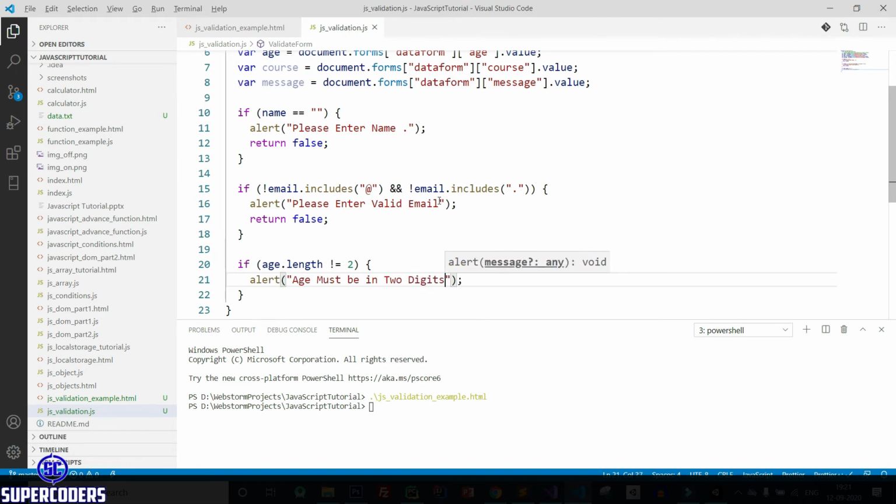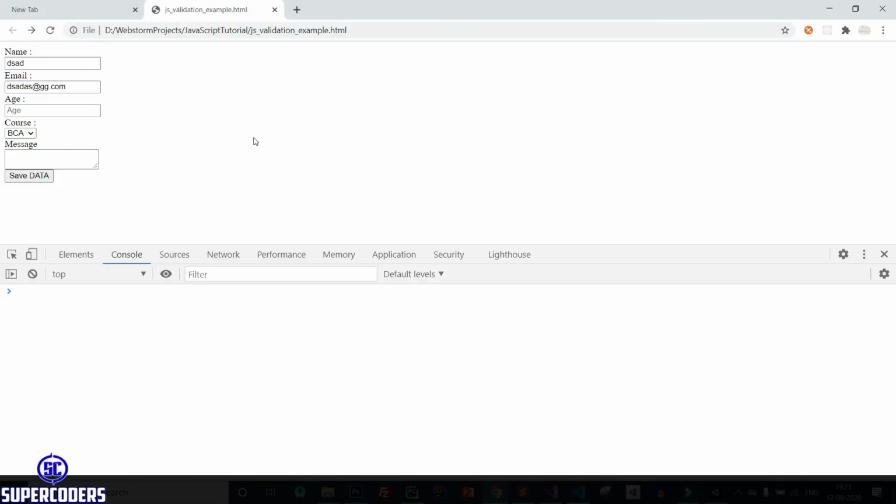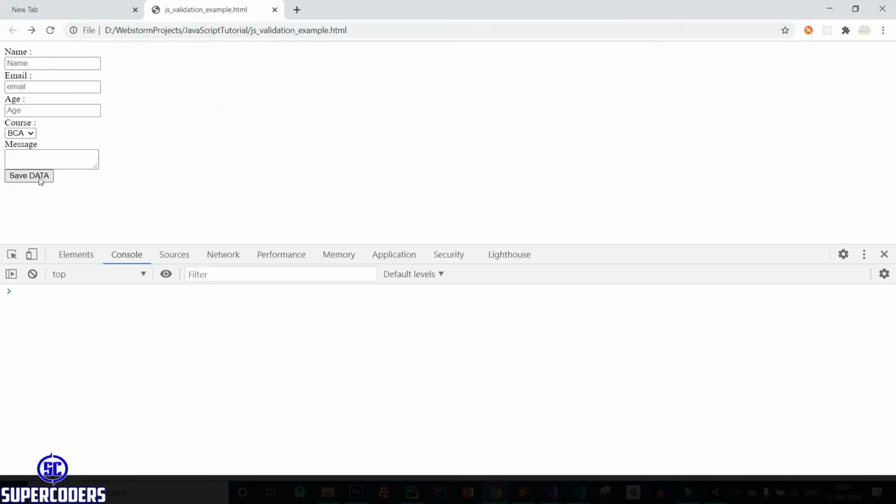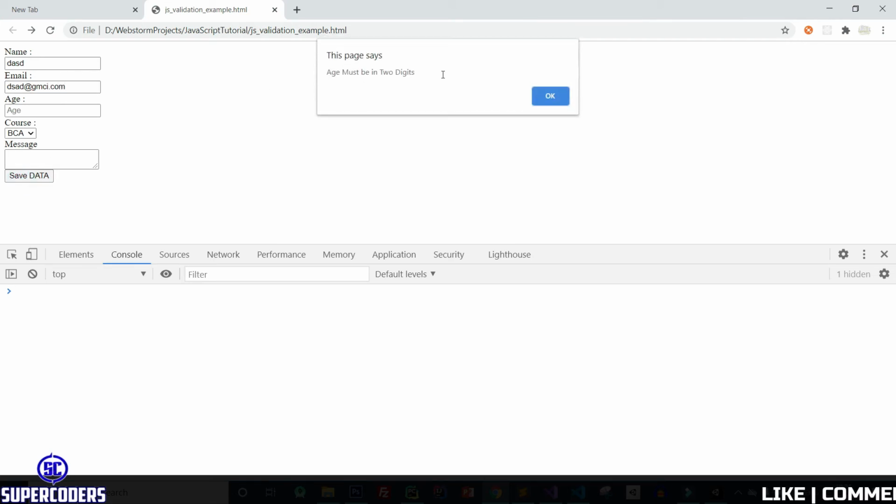Save it, go back to Chrome, and see save data. So first name, then email. After that click on save data, and you can see age must be in 2 digits.